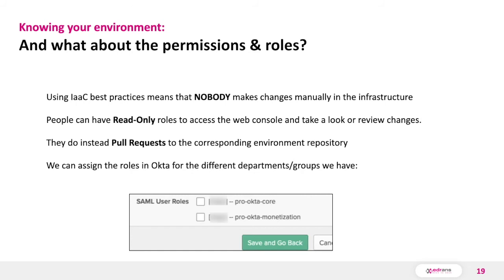And maybe it would be a good idea to also deny everyone making changes manually on the web console, but allow admins to do it via a command line interface by creating, for example, read-only roles. This way, we force the technicians to follow best practices, review the code, analyze, and test things before going live.